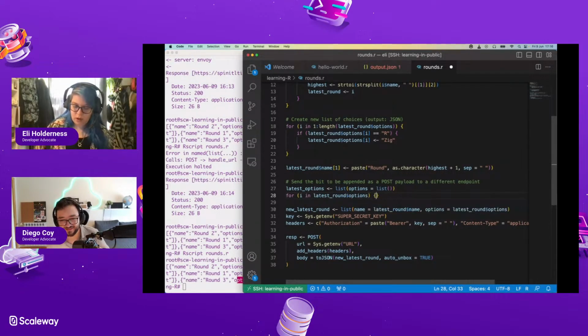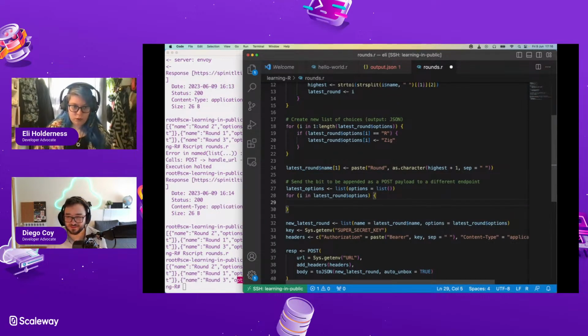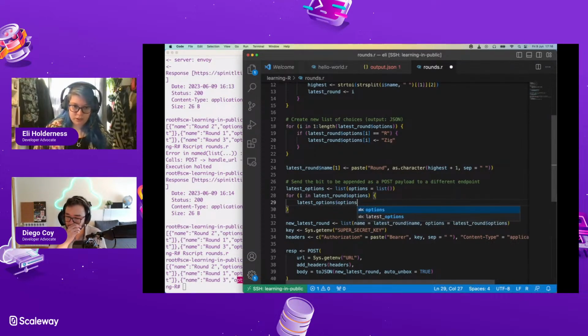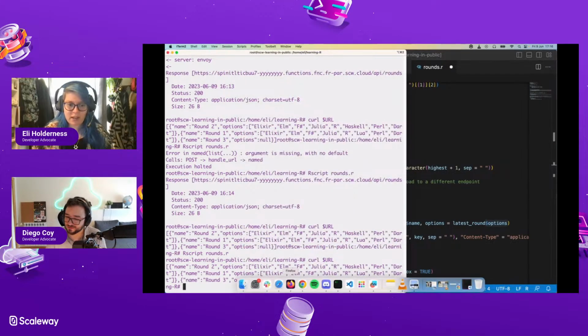Options. I want to do latest options. No, I don't. I just want this to be a list. A character list? How do I make a character list?